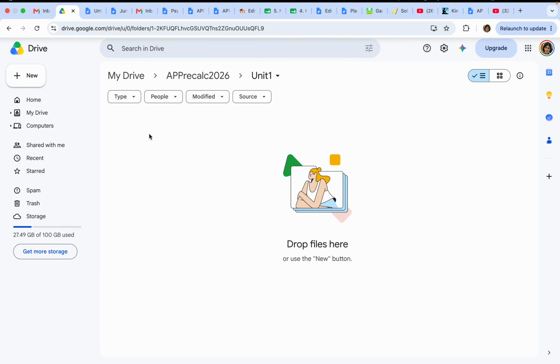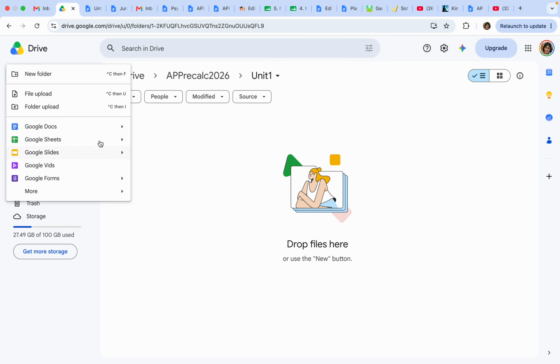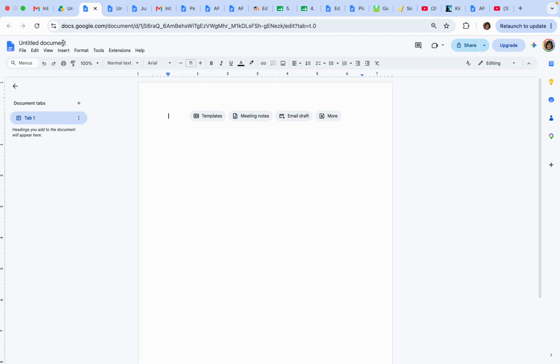So I just copied that so that when I make a new blank document, I am going to call that how to turn in assignments. And I think I have an extra one here, which I don't want. So I just want this one, how to turn in assignments. And so a lot of it's going to be